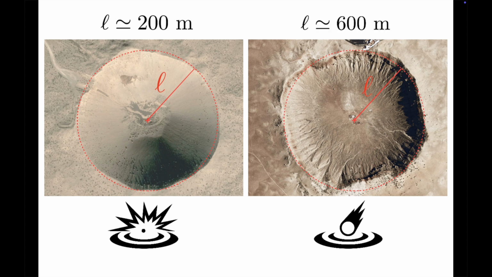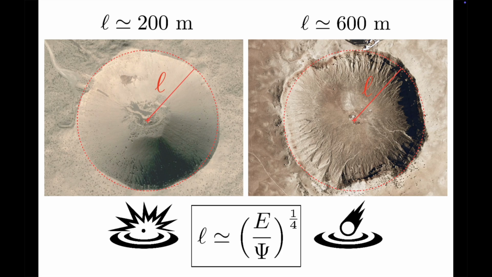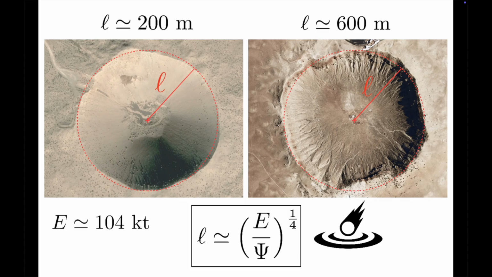Back in episode 2, we claimed that the radii of craters could be understood from the ratio of the energy of the explosion, or impact E, and the weight density psi of the lifted ground material. We'll here nuance this claim. For the Sedan nuclear test, the reported yield of the explosion was 104 kilotons of TNT equivalent, so around 4 times 10 to the 14 joules.